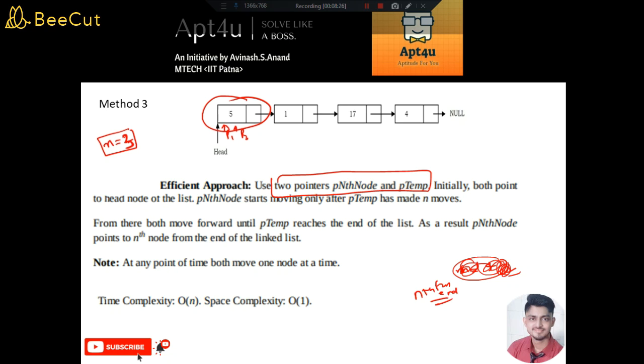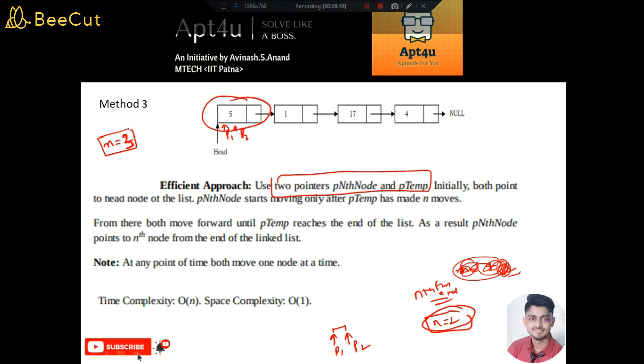So how do we do so? The idea is quite simple. N is equal to 2. Suppose the user has entered it. So maintain a distance between the nodes such that the number of nodes you have to visit traveling from pointer 2 to pointer 1 is equal to n, right? So suppose here n equals 2, right?